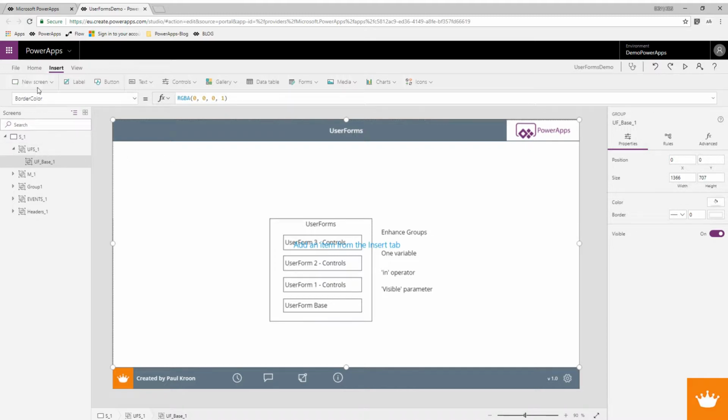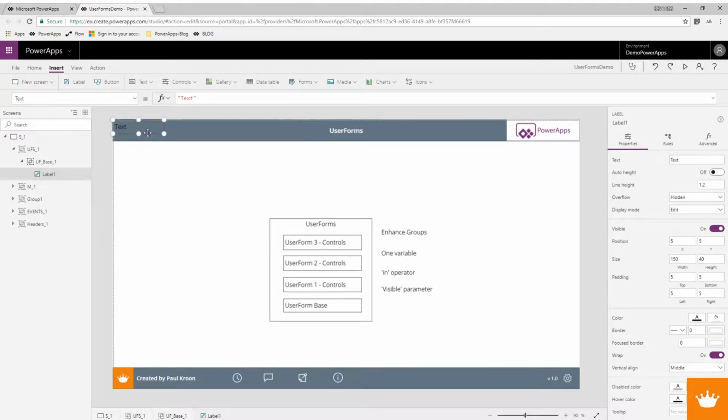So now I have a group, and in the group I'm gonna put a label. And I'm gonna make the label bigger, and this is gonna be my back layer for my UserForm. So let's call this UserForm layer.1,